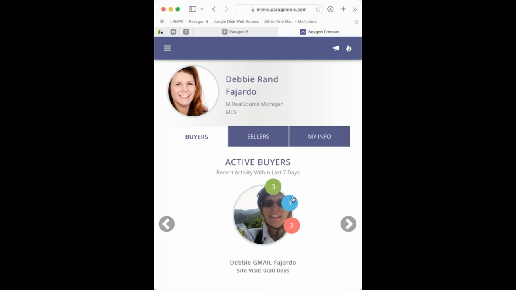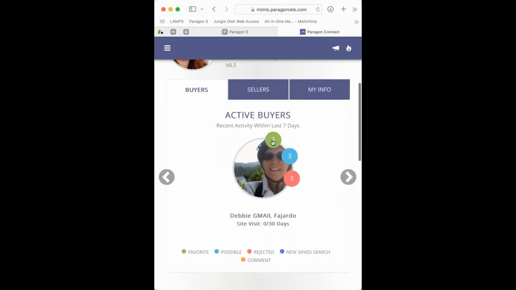So this buyer, I know we have some activity. 3 favorites, 3 possibles, and 3 rejects right here. No site visits in the last 30 days, generally because I'm not checking it from my phone. I usually go right from Paragon, so it looks like I'm the agent accessing it, not the client. So at any time, I can hit the 3, but I want to tell you, Paragon Connect does have some